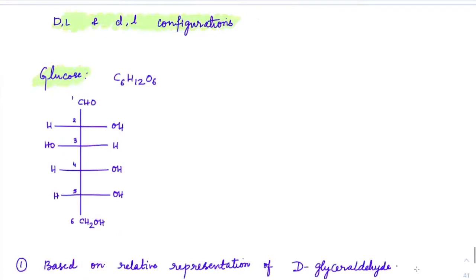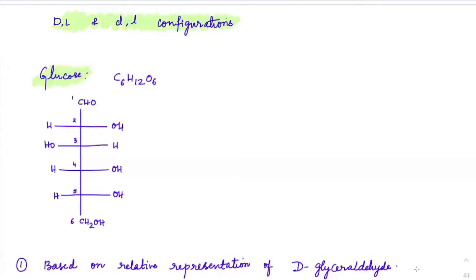Now coming to the last part, which is D and L configurations. How to write D and L configurations. Although this is a part of biomolecules, got it? We just need a brief hint of what is capital D, capital L, small d and small l. That's all we need to know from this isomerism chapter. Everything else about glucose and fructose is a completely different chapter, so don't worry about it.